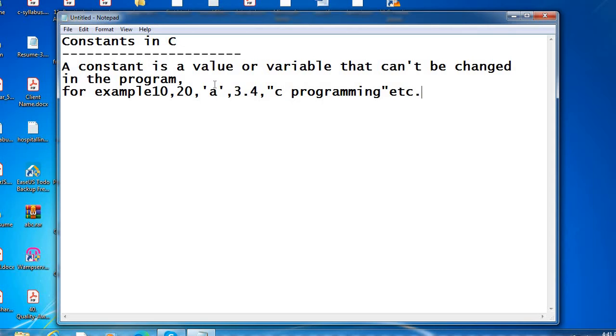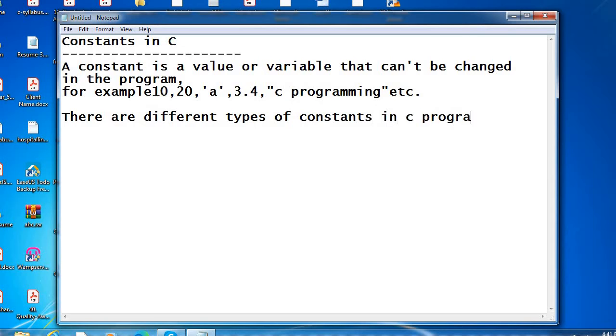There are different types of constants in C programming. For example, we have the decimal constant.